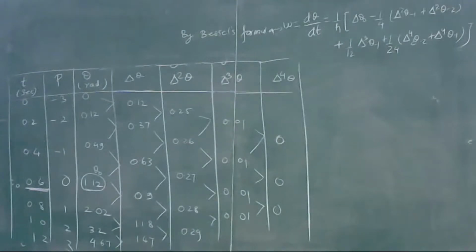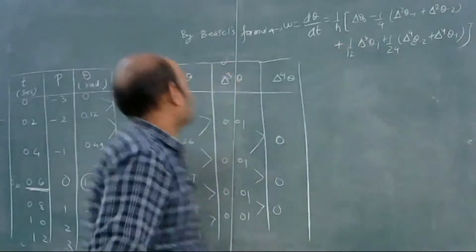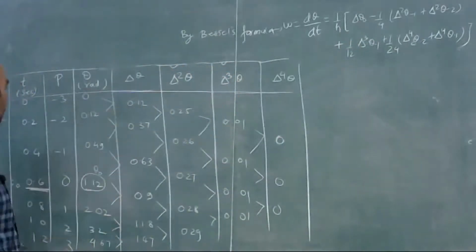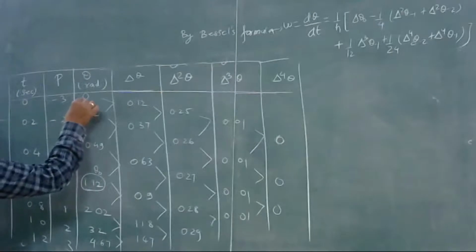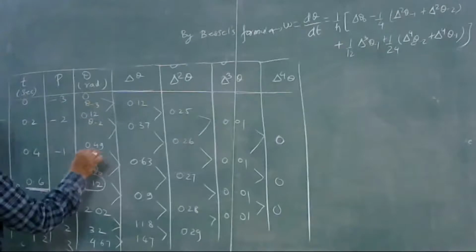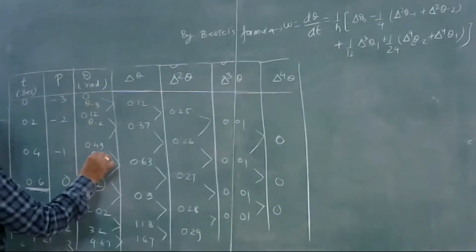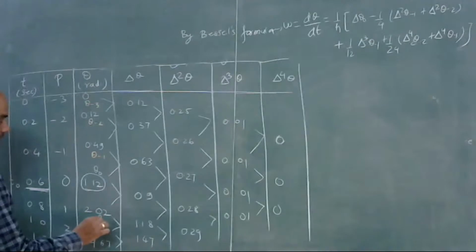So what we need is del theta naught. First we will find del theta naught. So this is p minus 1, so this will be theta minus 3, theta minus 2, theta minus 1. This is theta naught. This is theta